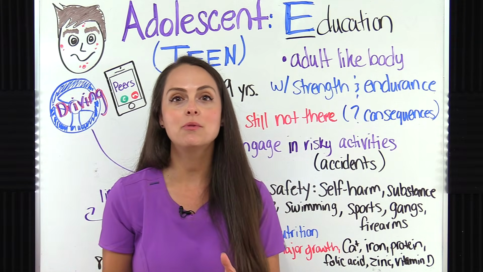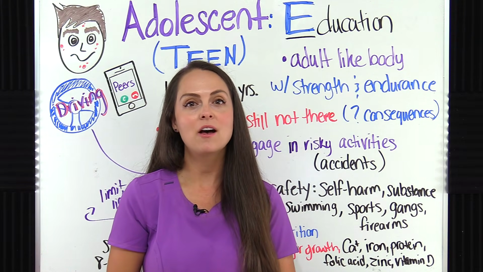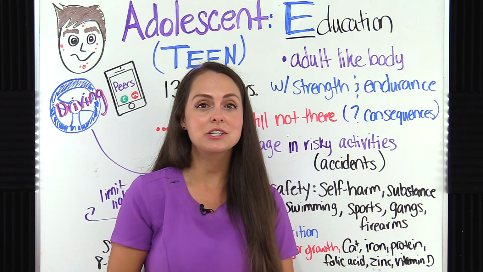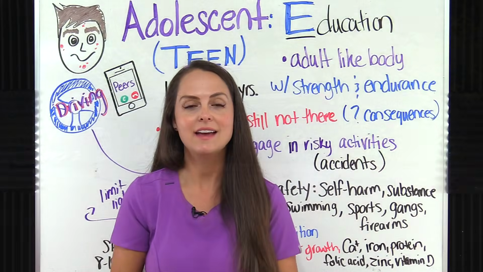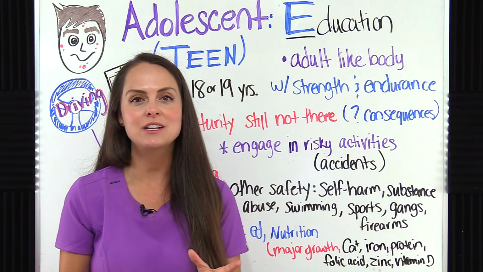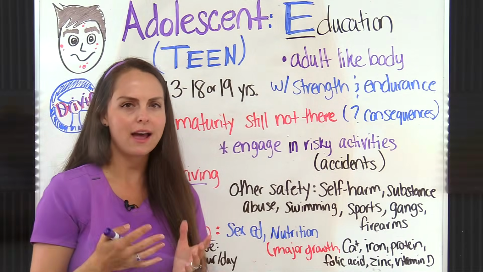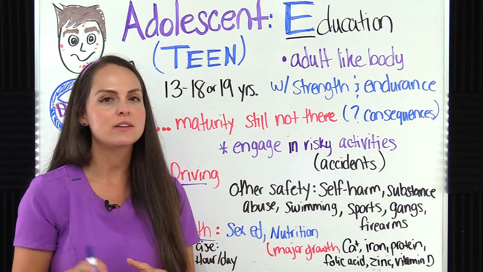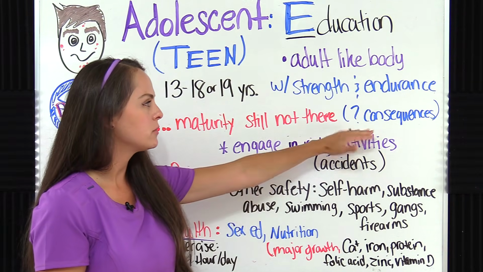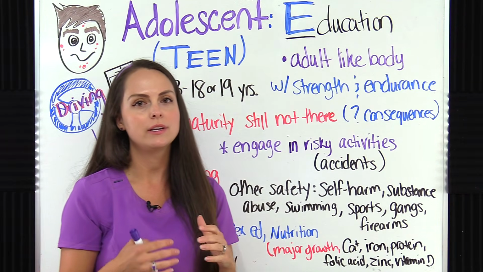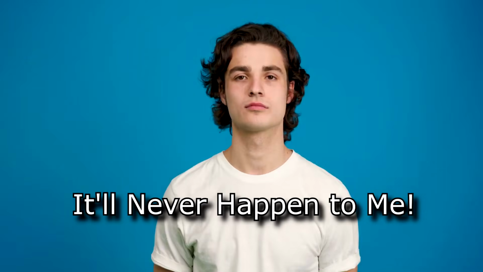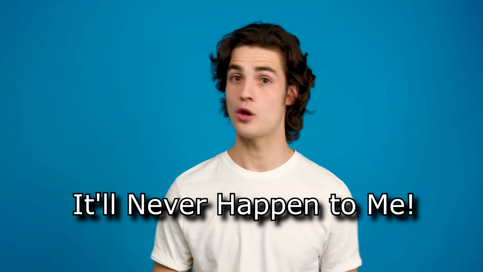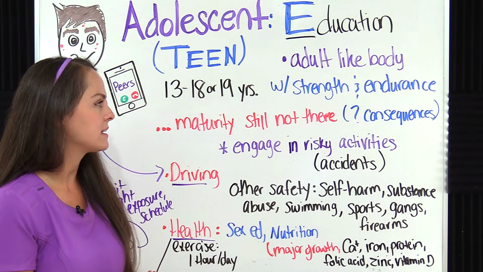So these are the educational points you want to go over with the teen to help promote their safety, because this is actually a dangerous time for the teen due to accidents that could lead to death. So we have the teenager, their body has changed physically, they're adult-like, they have amazing strength and endurance. So they have maturity in some things, but in some things not so much. And some teens just really don't have a great ability to really see the consequences that are going to happen. Like, yeah, they know it could happen, but they think, that's not going to happen to me. That happens to everyone else. I'm mortal. So they engage in risky activities.